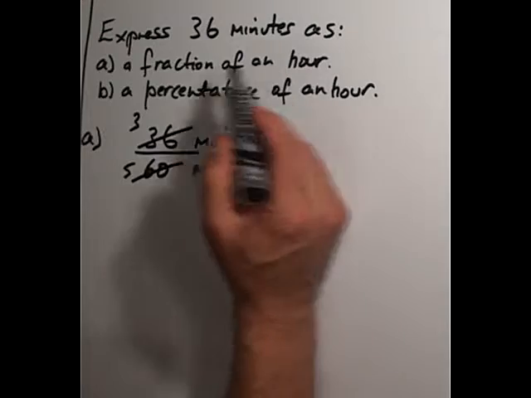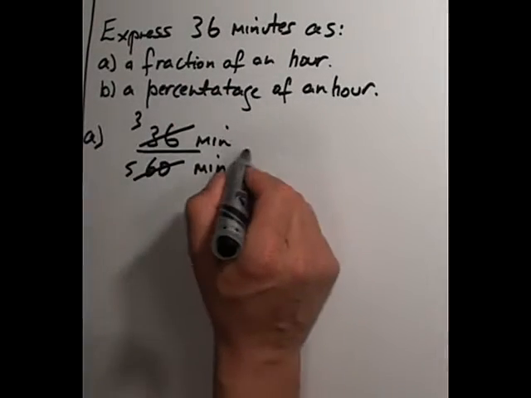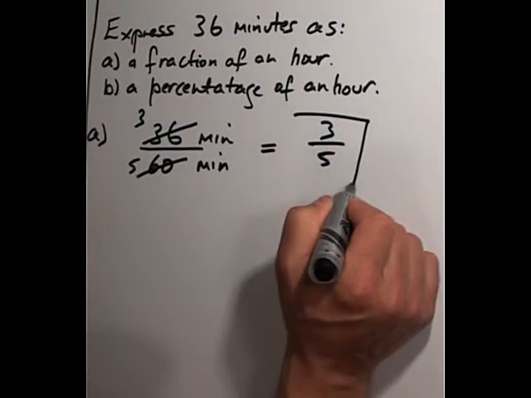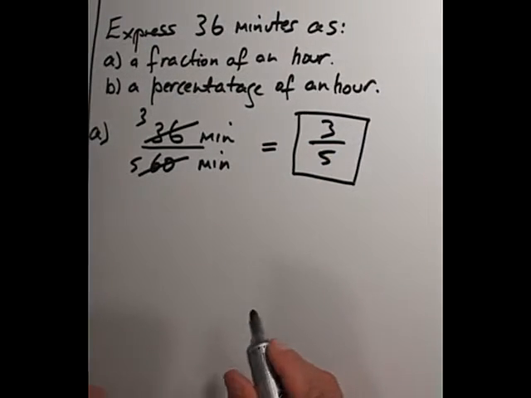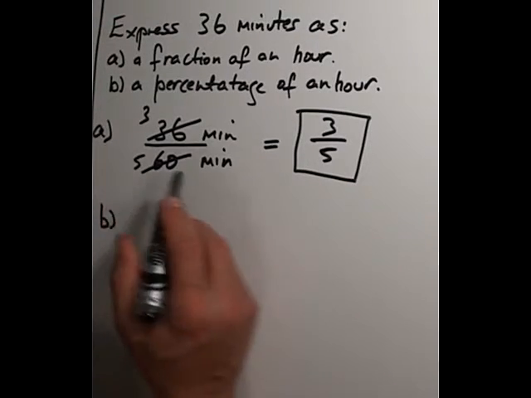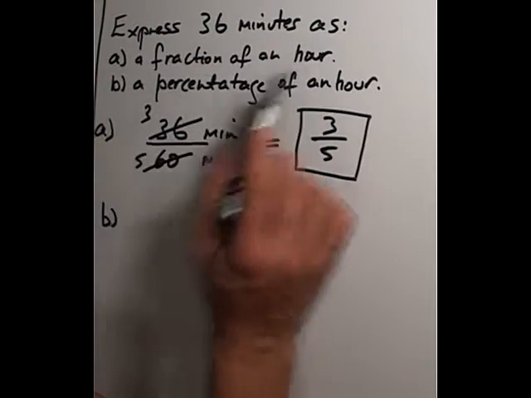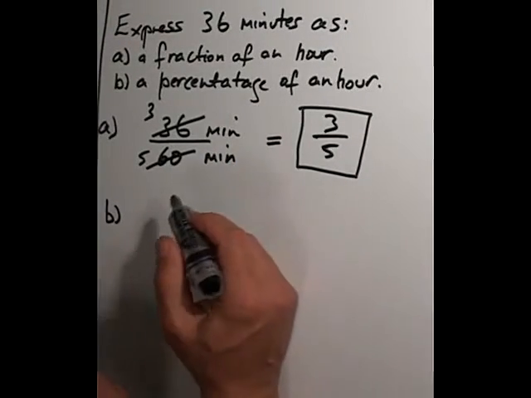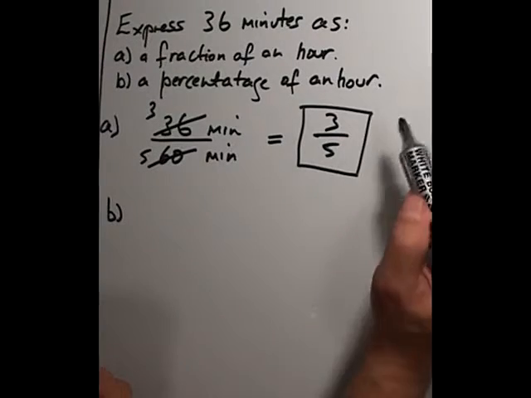So what fraction is 36 minutes of an hour? I can just say it is 3/5. That's all you need to write for part A. Now part B asks me to express 36 minutes as a percentage of an hour. So again, we just take the fraction and we multiply it by